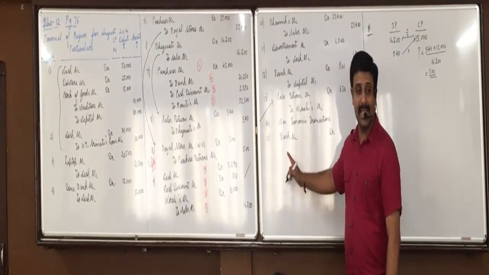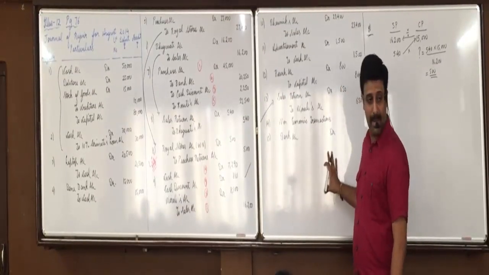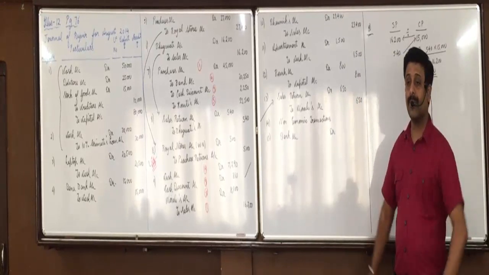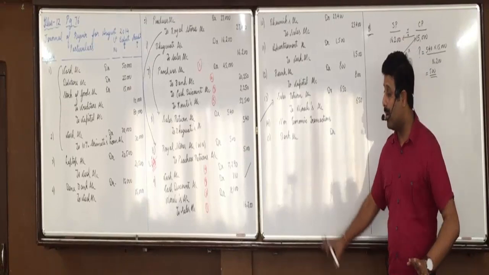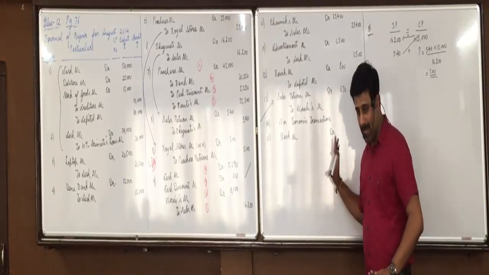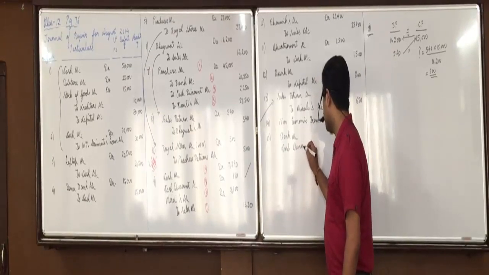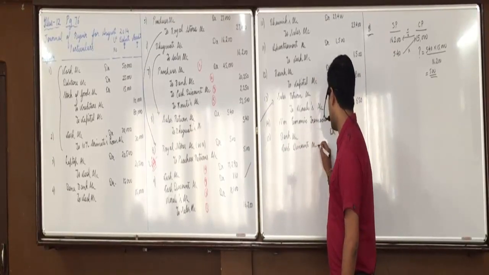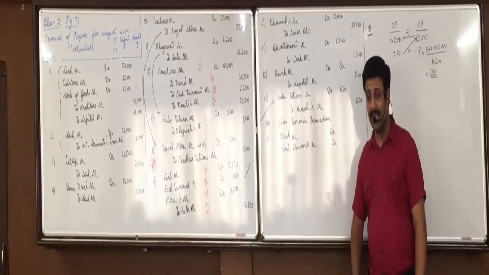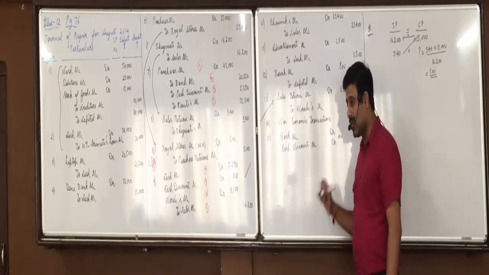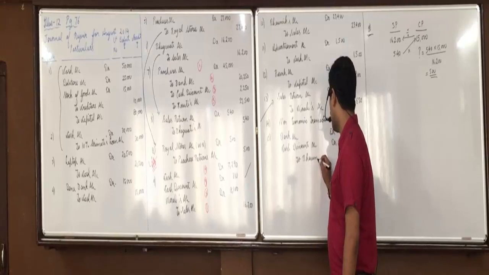Just pay attention. First of all, check is received which we will deposit in the bank. So bank is the receiver, debit the receiver, bank account debit. Further, cash discount is the pet dog of bank. If bank account you debit, cash discount also debit. By the way, we are giving discount to Bhawmik. So discount is our expense, debit all expenses and losses, so cash discount account debit. And Bhawmik is the giver, credit the giver to Bhawmik's account.